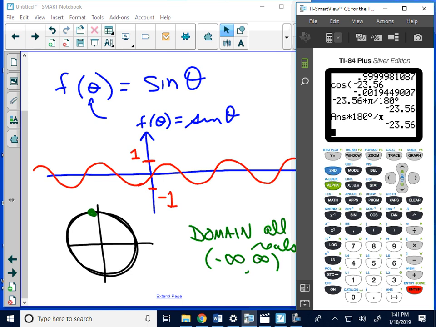I do know that this is going to end up with degrees, yes? Okay, so let's see if we can throw that in here. Negative 23.56 times 180 divided by pi. And it's that many degrees. Wow, minus